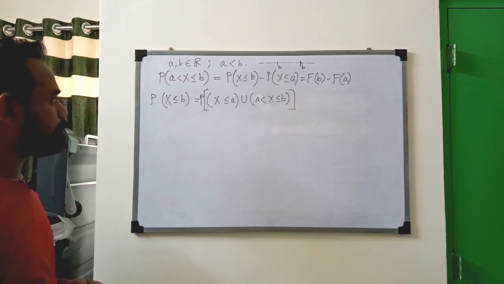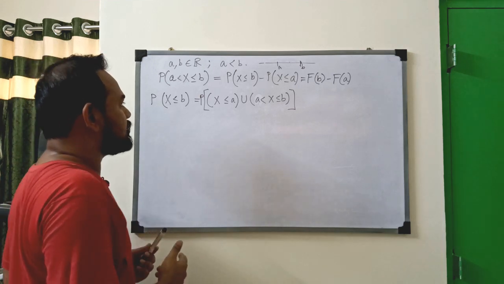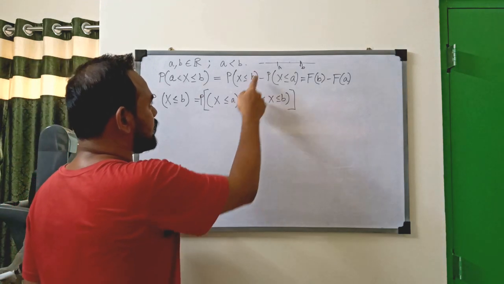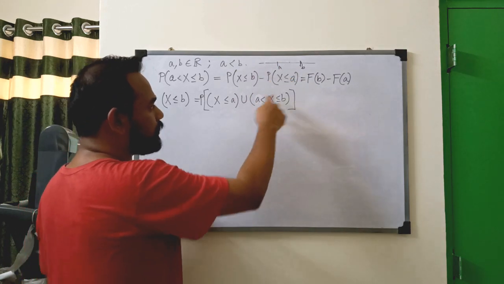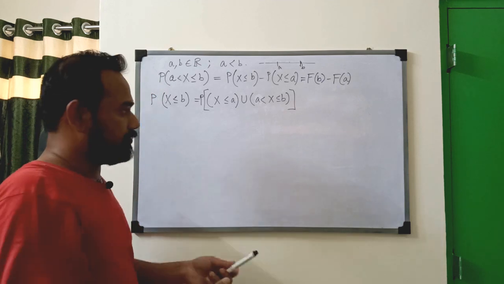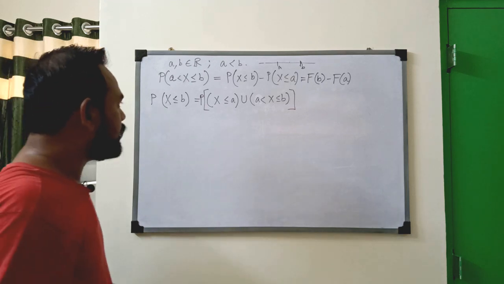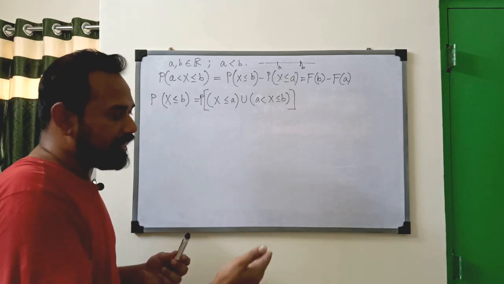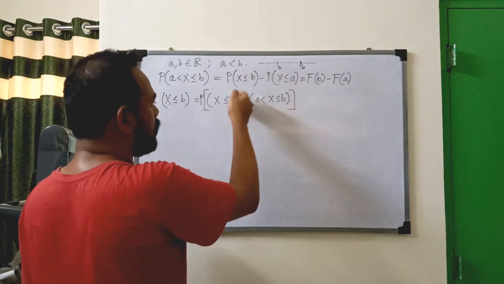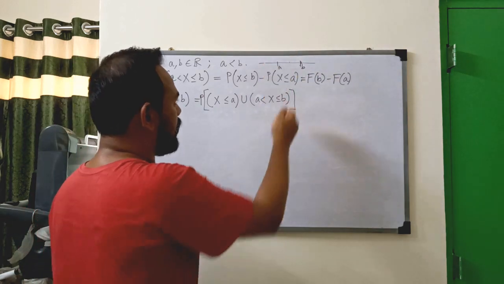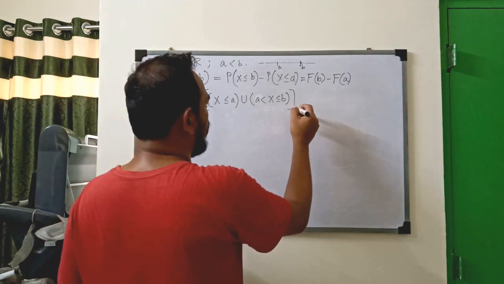But of course, these two are disjoint events, because X can either take a value which is less than or equal to A, or a value which is greater than A. It can't take both, okay? So I hope that much is clear. The value assigned can either fall at or below A, or it will be more than A but less than or equal to B, because it has to be less than or equal to B. So because these two are disjoint, I can actually,